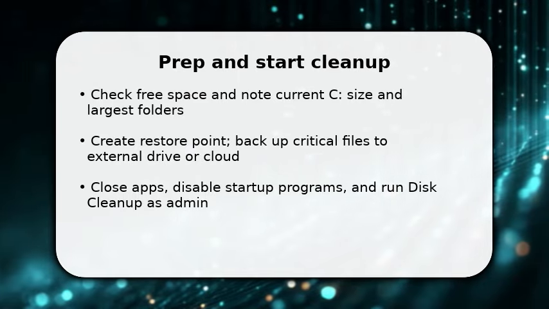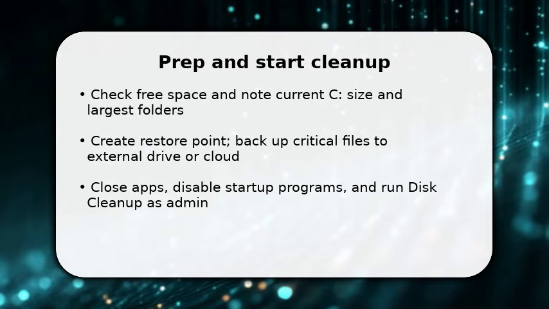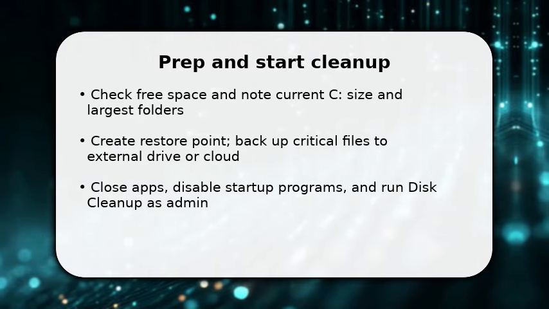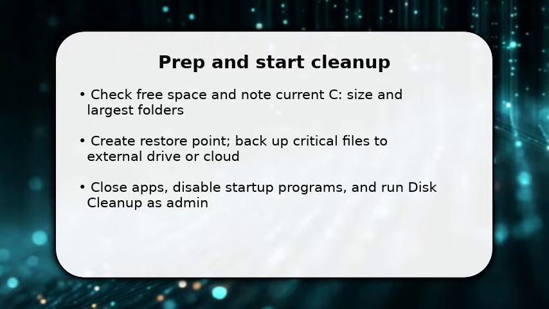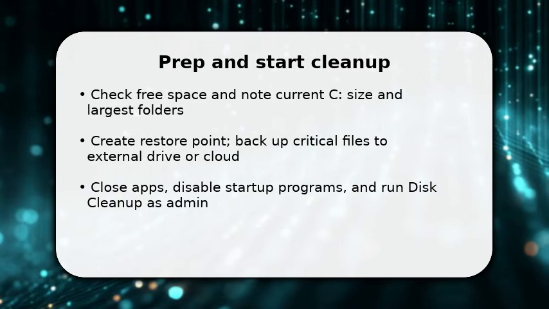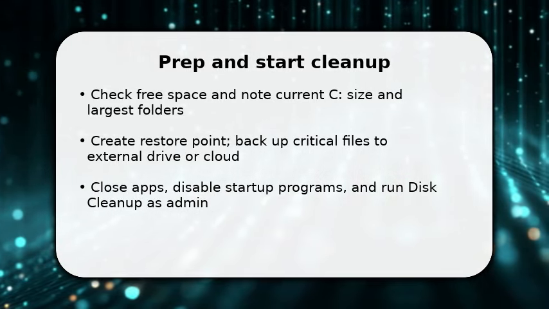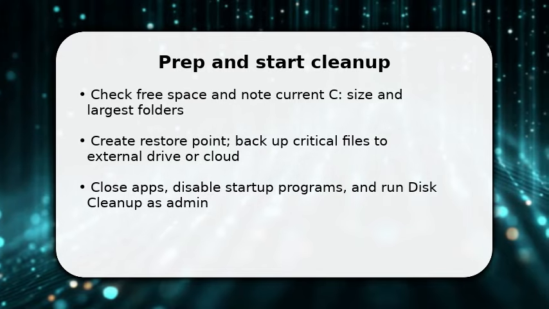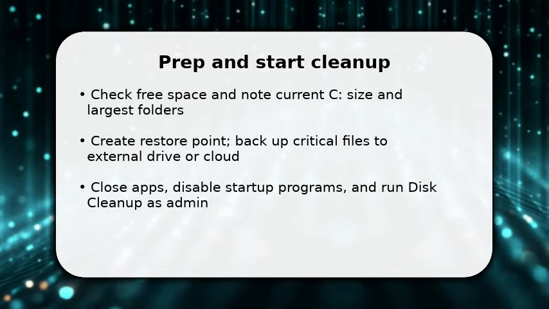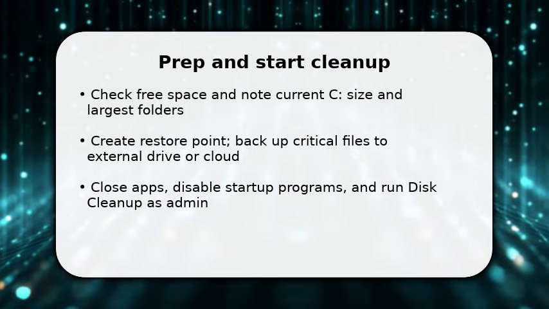You begin by confirming prerequisites: free space, backups, and a restore point so you can undo changes if needed. Run disk cleanup as administrator to remove temporary files and system cache. This immediately reclaims space. Once done, make sure to include system files and Windows Update cleanup. You should also close active applications and pause Cloud Sync to avoid file locks. These first actions clear easy targets while protecting your system, and they prepare you for deeper removal without causing data